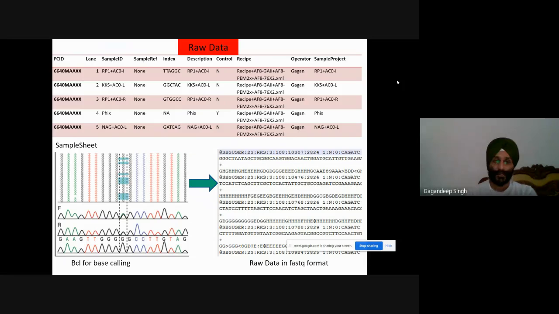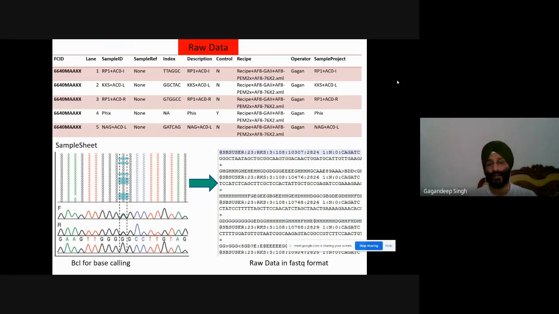For example, if we are working on a plant or any animal, we have to provide some code regarding that particular project, and which is the lane in the sequencing where we are performing sequencing, and then what is the index for the identification of a particular organism, because we can sequence multiple organisms in a single run.